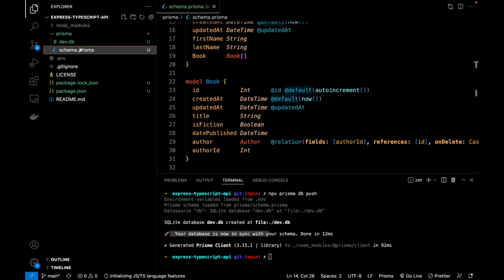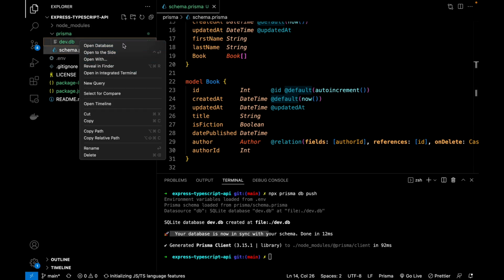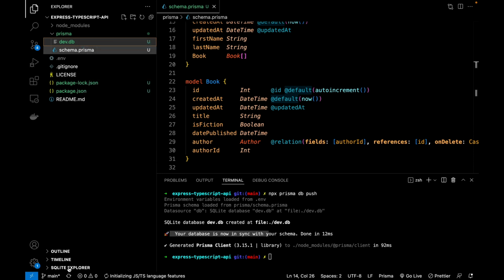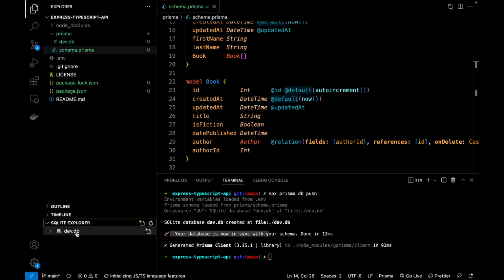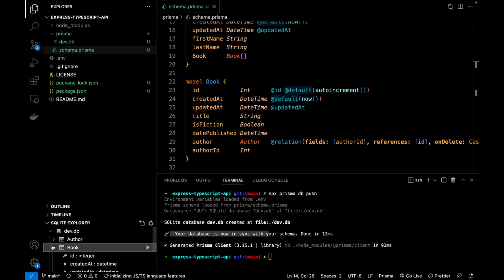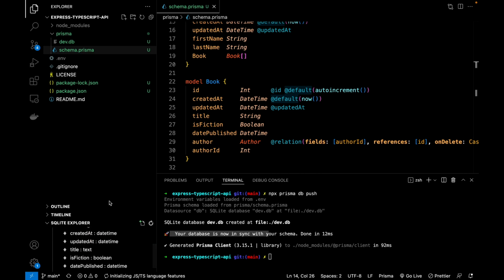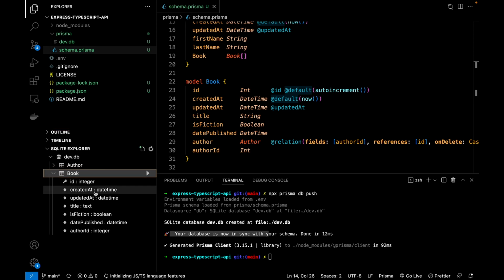All right, so let's go ahead now and use this SQLite extension that I installed. Hit open database, and you can see down below here SQLite Explorer. Now I can open this up and you should see dev.db or the name of your database, and you'll see the models that we defined. So we have author and book. If I open up book, you'll see all the columns that we defined, such as ID, created at, etc.,